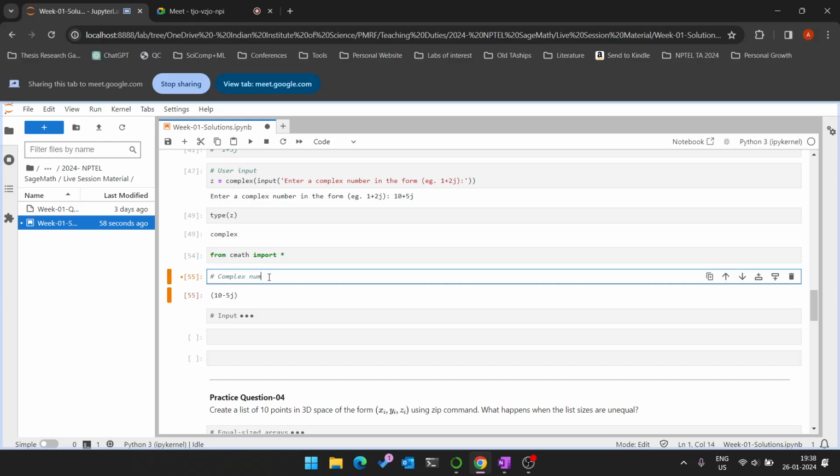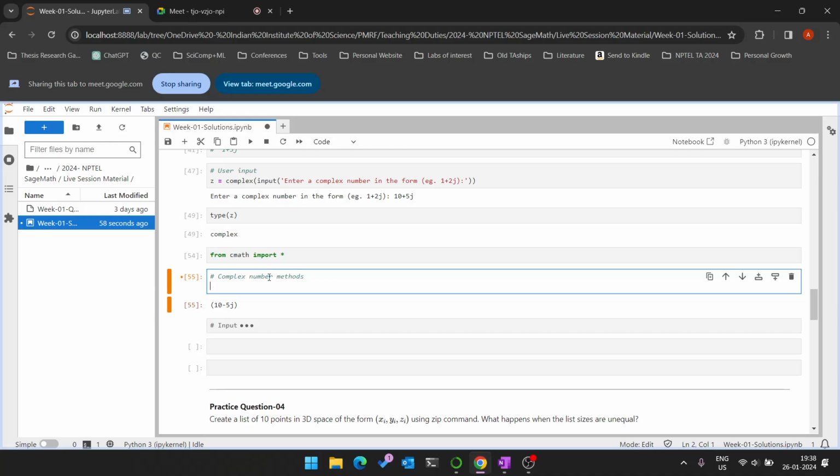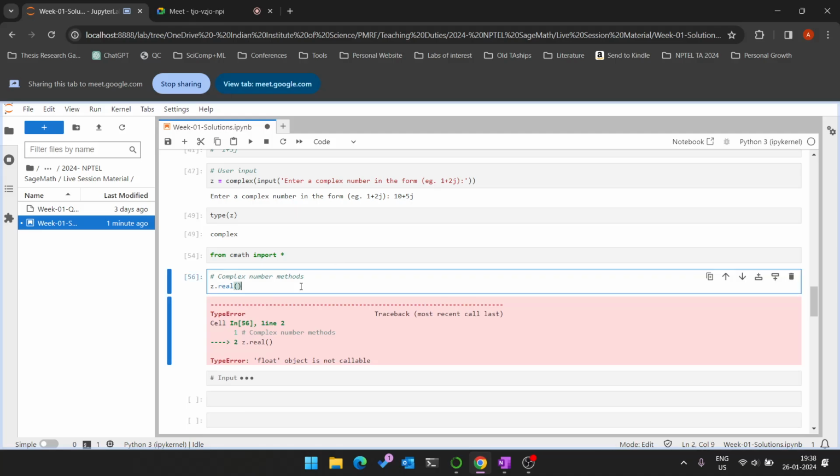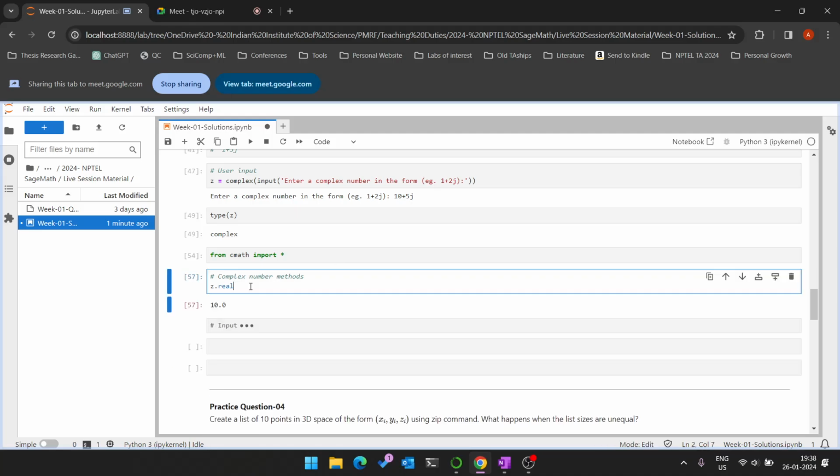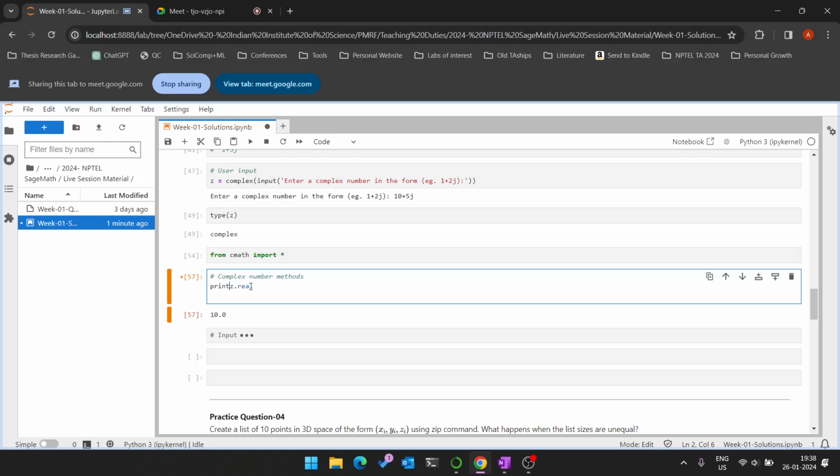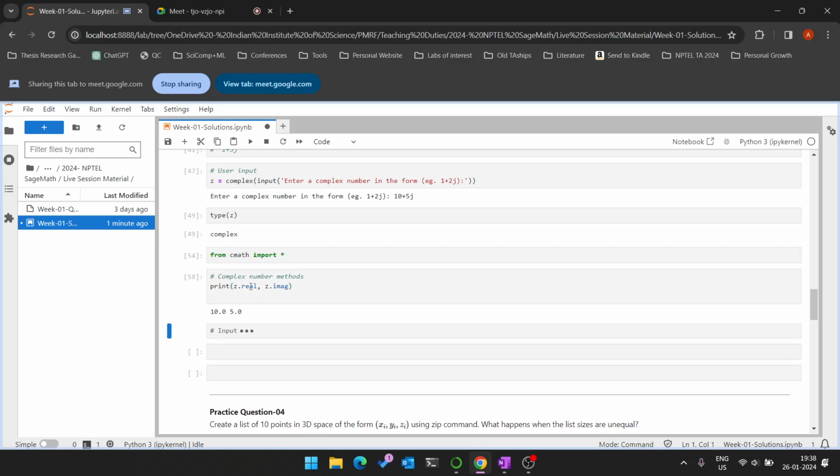Okay. This complex number has some methods of its own. We can do say z dot, and then if I press tab on my keyboard, I already see some possible autocomplete options, which are conjugate, imaginary, and real. So if I write say the real of z, it's nothing but 10. If I print the imaginary part of z, it should be 5. And if I print the conjugate of z,